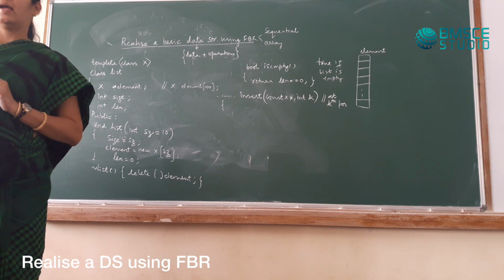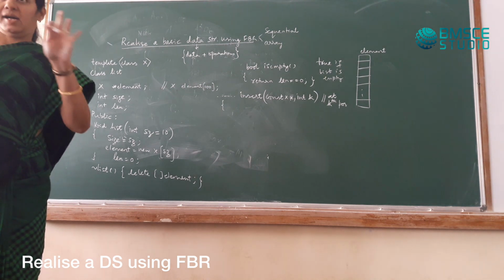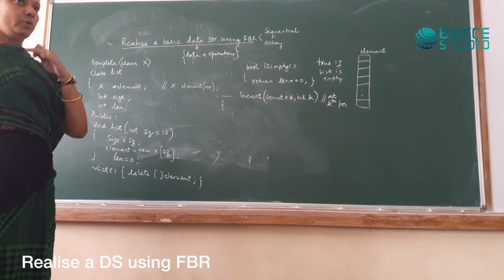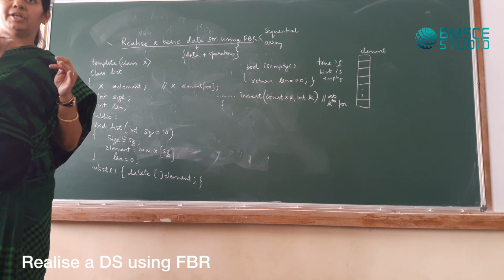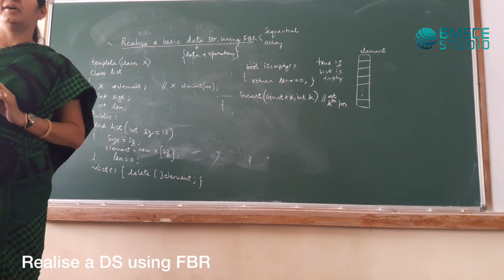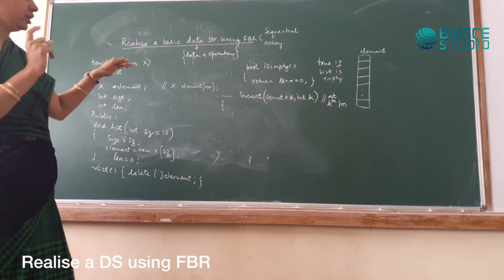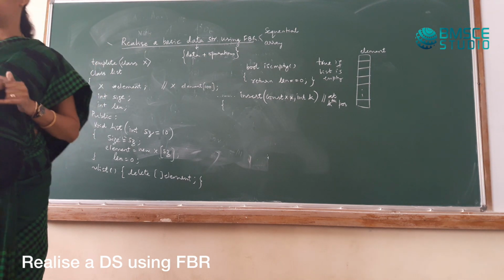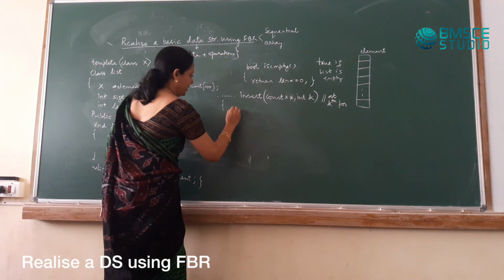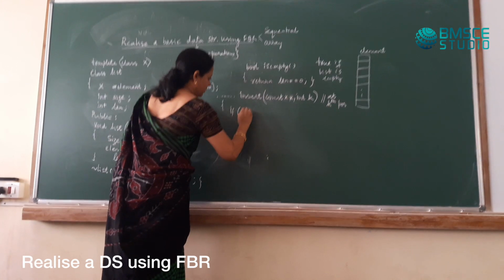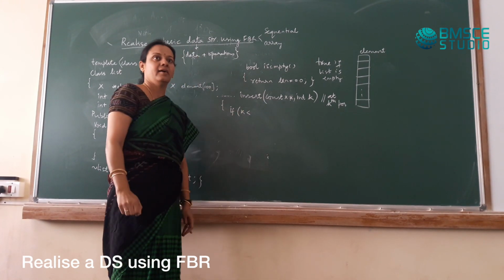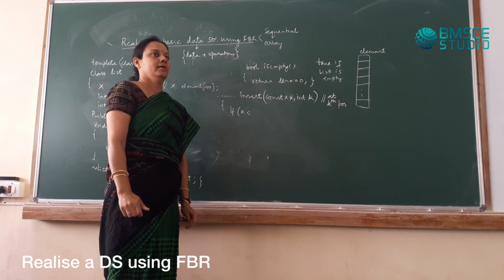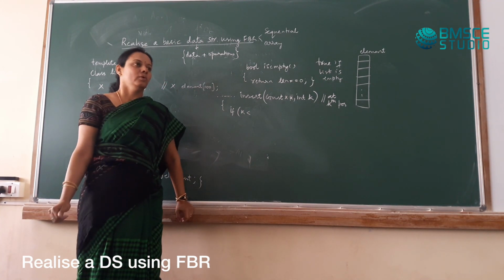In what sense? Only the limits we will check. It is the user's choice to put the data in whatever location, but that location should be valid. So the first thing that we will do in any function that we write is to validate user data. Okay? So if k less than size.